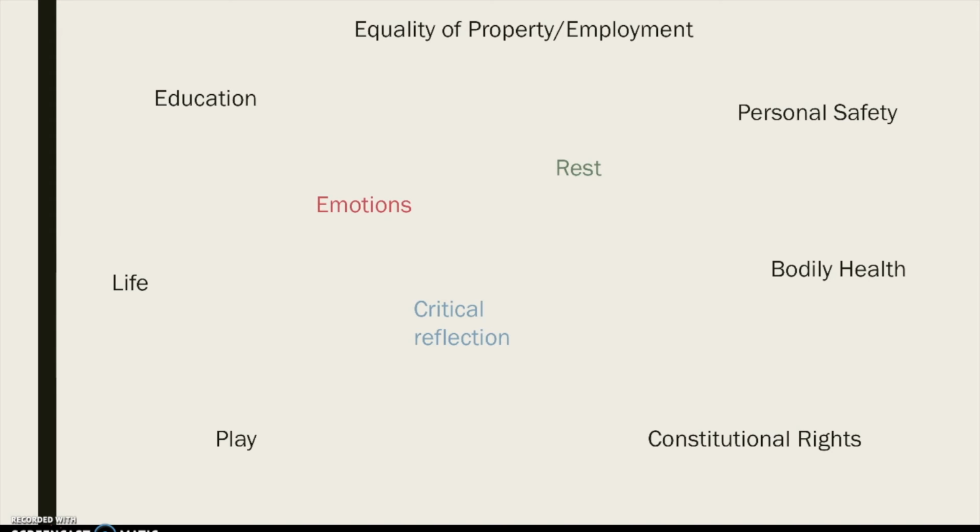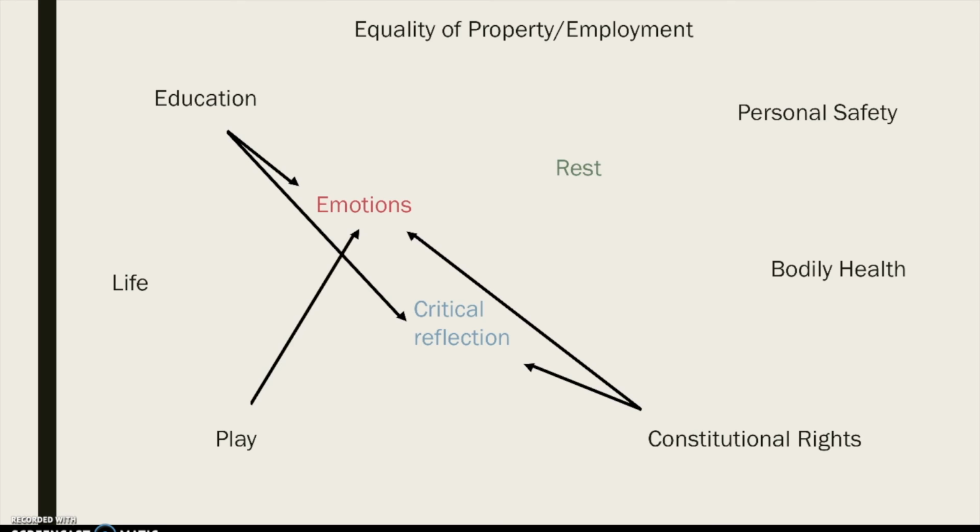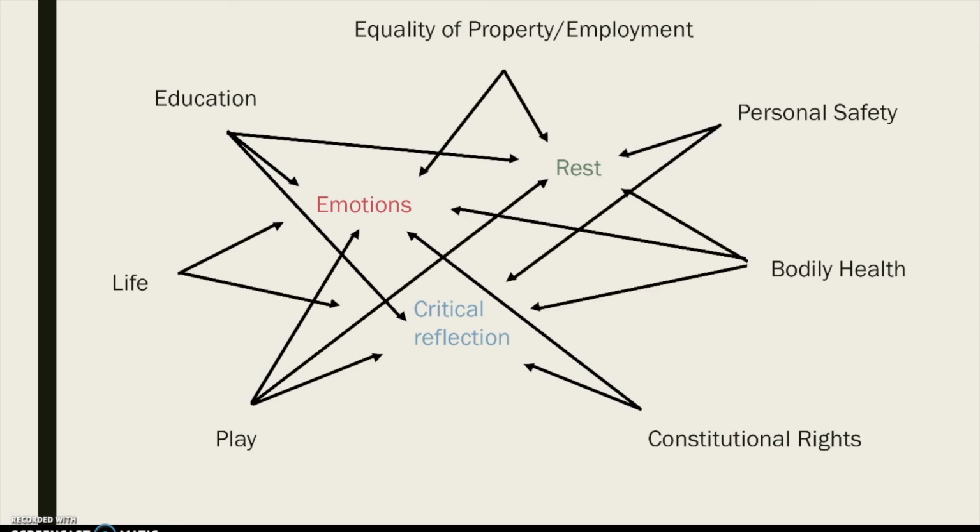For example, while Nussbaum's central capabilities list includes emotions, a feeling such as Allison's complex of inferiority cannot be directly measured and combated. However, one with the capabilities of education and freedom of expression, such as she had, may allow that individual to fight against that emotional deficit. There are many other connections, like an increase in rest and critical reflection, that will be made because this list of capabilities is very fertile, meaning an increase in one can prompt an increase in another.